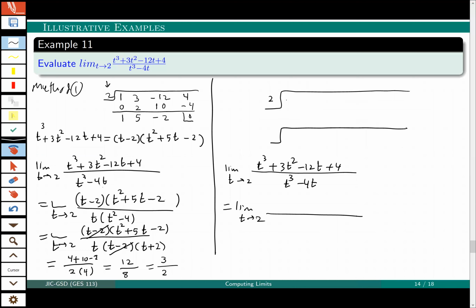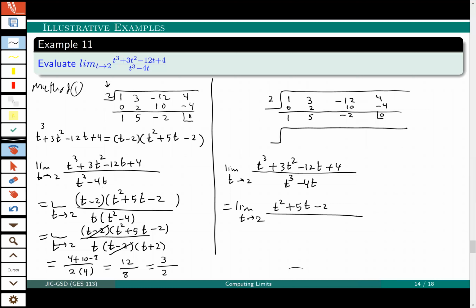The first polynomial as it is, this is 1, 3, minus 12, 4, there is nothing missing, so that will be 0. This is 1, 2 times 1, it's 2, 3 plus 2, it's 5, and 2 times 5, it's 10, that will be minus 2. 2 times minus 2 is minus 4, so the remainder is 0. So when you divide, you will get lower at 1 degree, so it will be t squared plus 5t minus